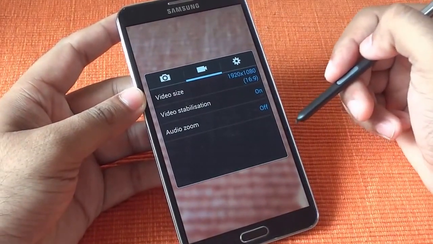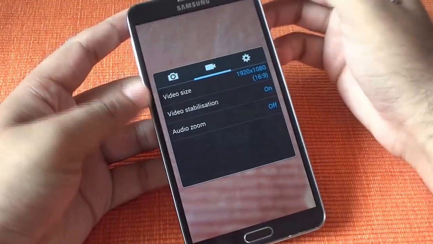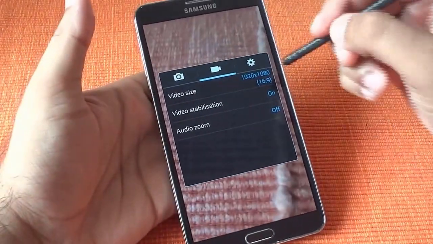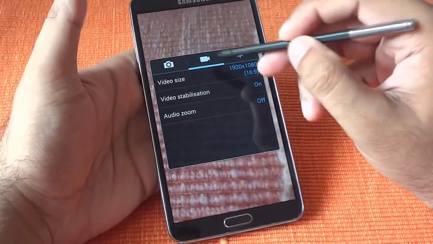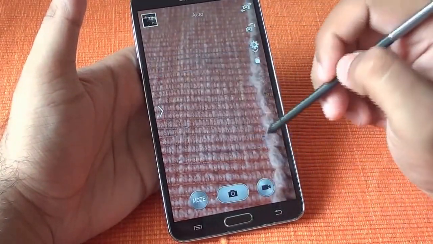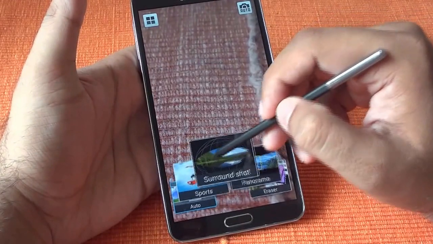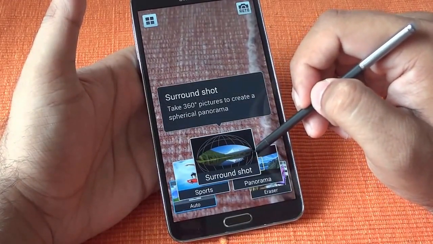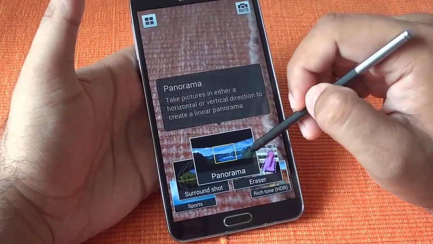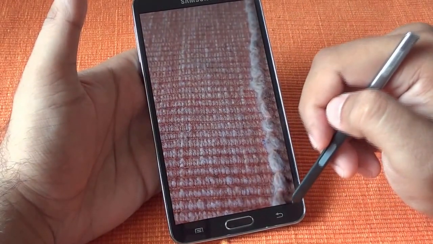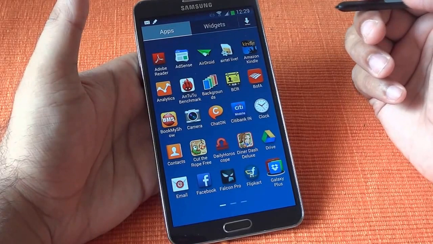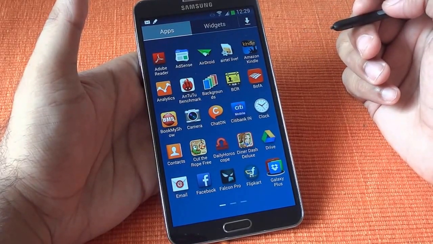Unfortunately, the device which I have is not the Qualcomm device, so it doesn't have the 4K capabilities, but with the Qualcomm device you are getting 4K capabilities also. The surround shot is there, which is like a 360-degree picture, as well as the panorama, which can give you a lot of features. The clarity of the camera is good. It's again a 13 megapixel camera, which can give you a lot